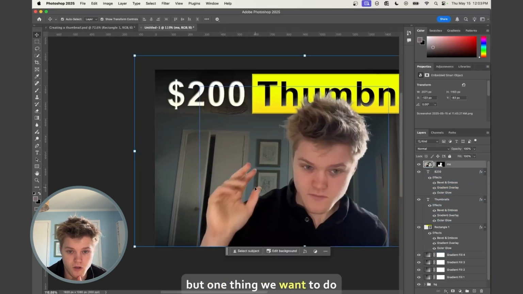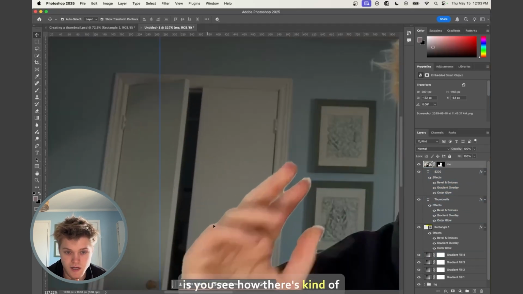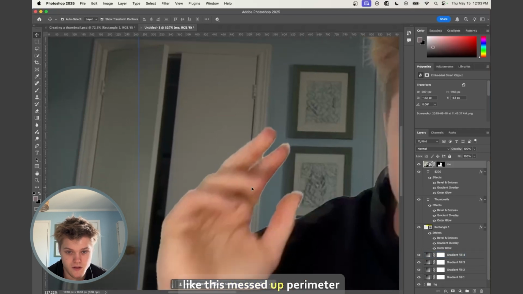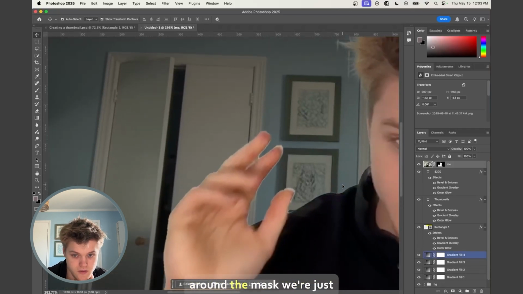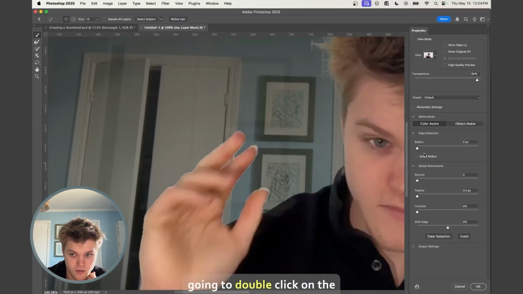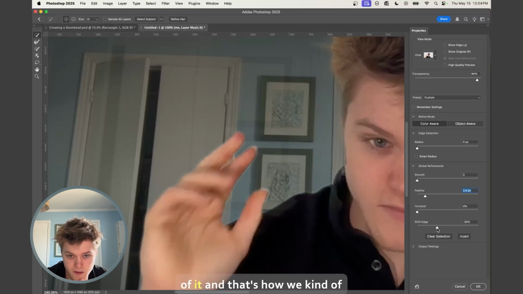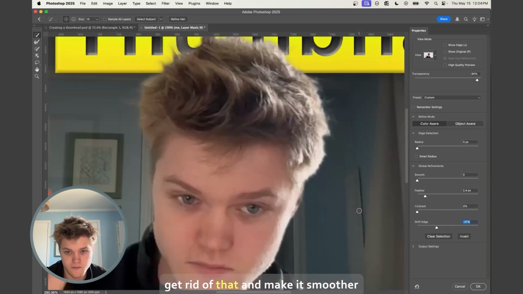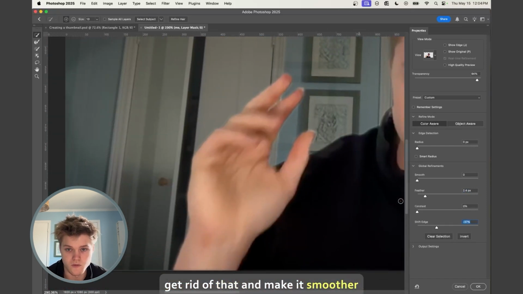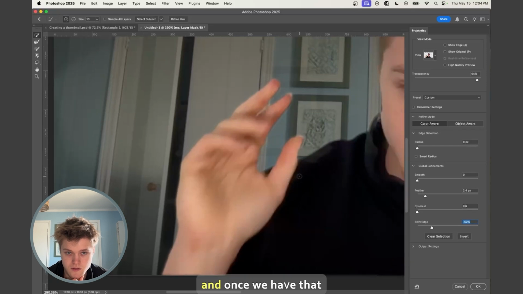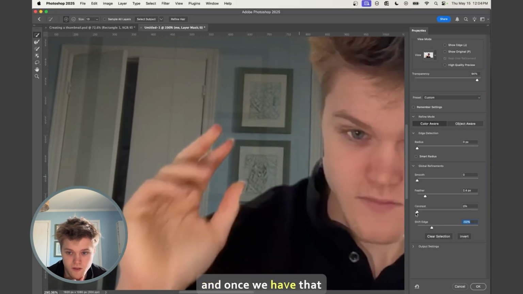But one thing we want to do is, you see how there's kind of like this messed up perimeter around the mask? We're just going to double click on the mask and increase the feather of it and move the edge of it. And that's how we get rid of that and make it smoother. And once we have that figured out,